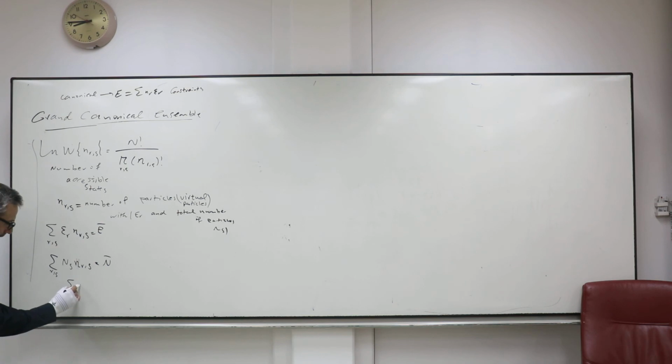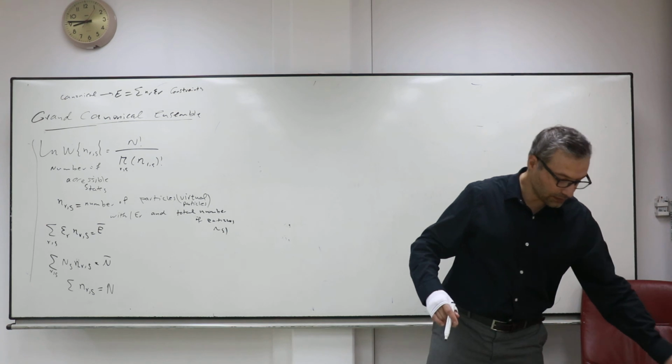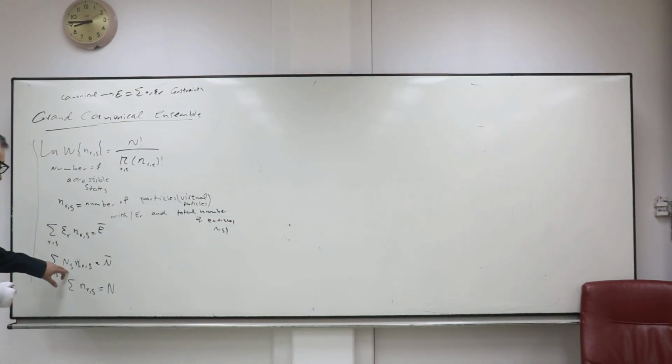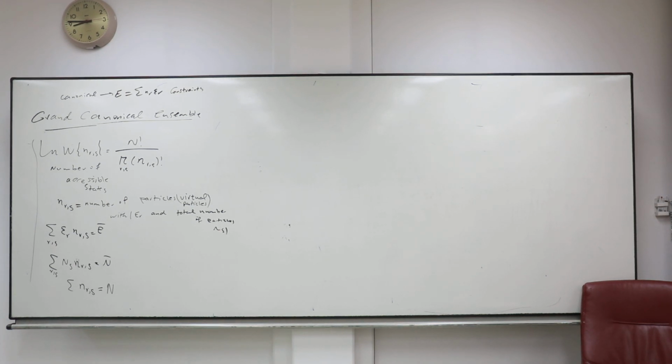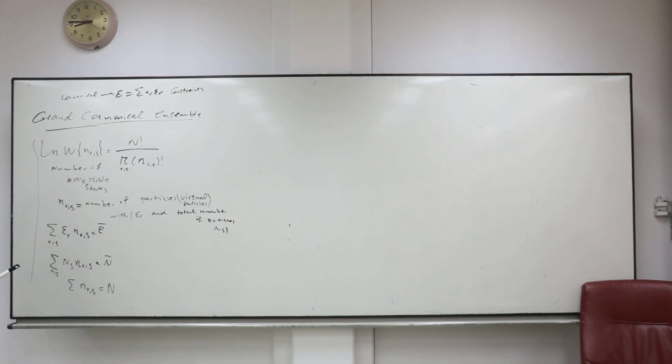And you have the total number of the particles as a constant. Okay. I need to explain each equation, because the equation which is new here is this equation. In the canonical, you need just to control the temperature of the system. Temperature is related to the average of the energy, as you know in fundamental physics. So always in canonical, you need to control the average of the energy or temperature. How to define that? To define the average of energy, you need to multiply by the number of particles which sit in each energy. This equation is easy to understand. What is that? At the same time, for any statistical system at equilibrium,